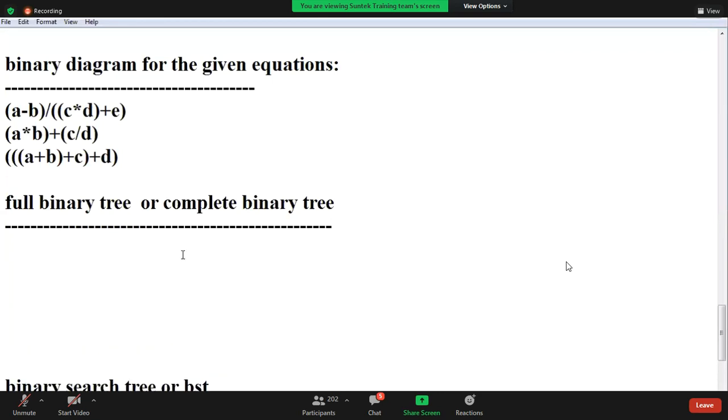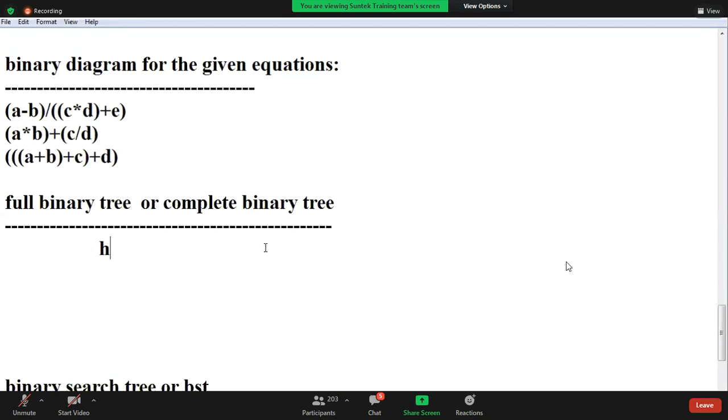What is a full binary tree? For example, tree height is h. For example, height is 3, or depth, height or depth. If all levels are completed, then you can say full binary tree.